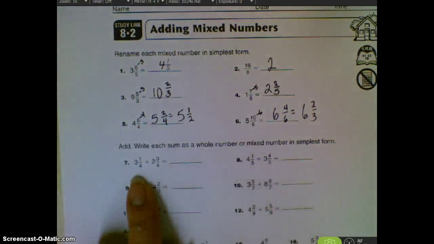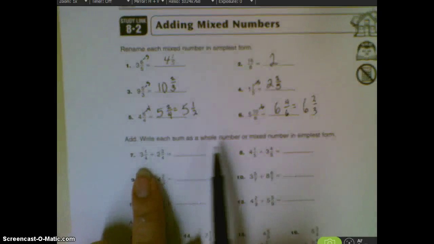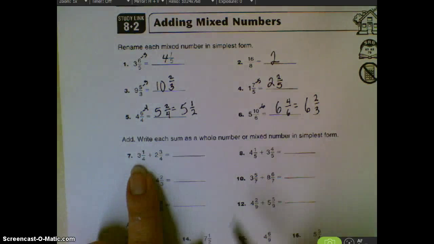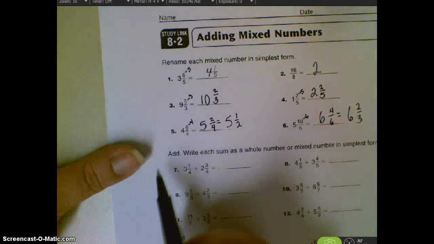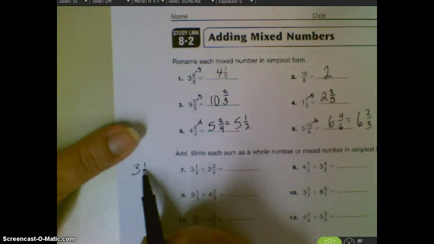Now on this, we're actually doing some of that adding, so write each sum as a whole number or a mixed number in simplest form, so we're going to need to reduce. I like to stack them. I prefer them stacked. I think they're a little bit easier to work with when I stack them this way. So I'm just going to rewrite